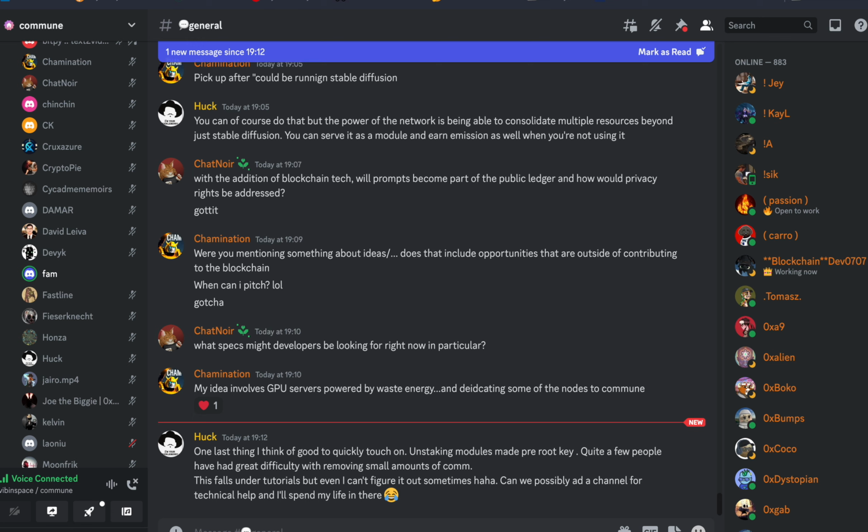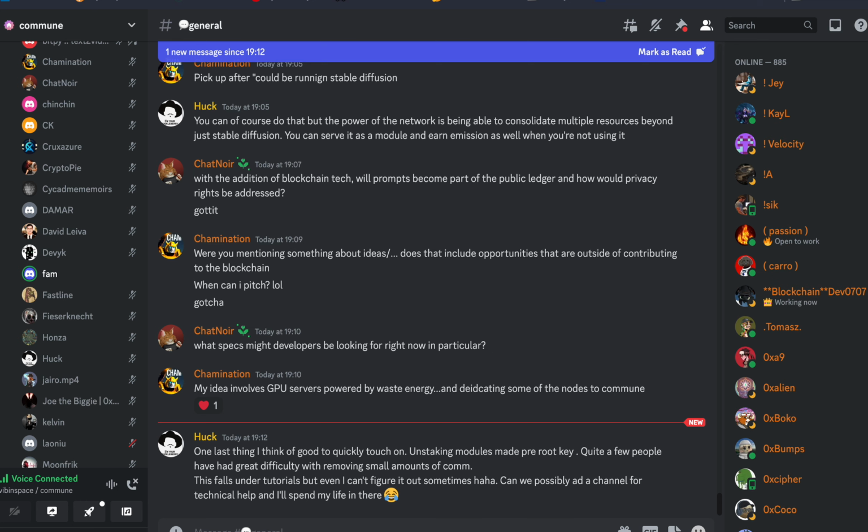But we will have an off-chain concept called loops. These are essentially loops that do one thing and check, and check, and check. We'll have a loop that checks how much stake you have, and if it's above a certain amount, it will transfer it to your main wallet, your root key that you specify. So we'll have those auto loops that constantly unstake and transfer to a root key.